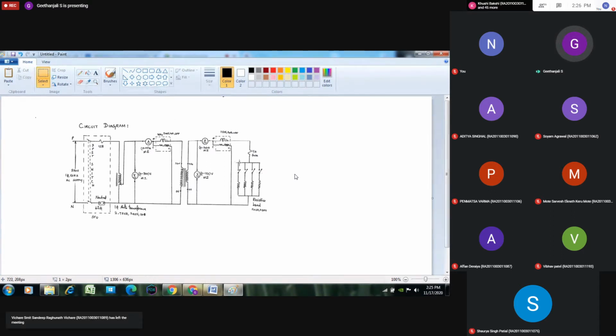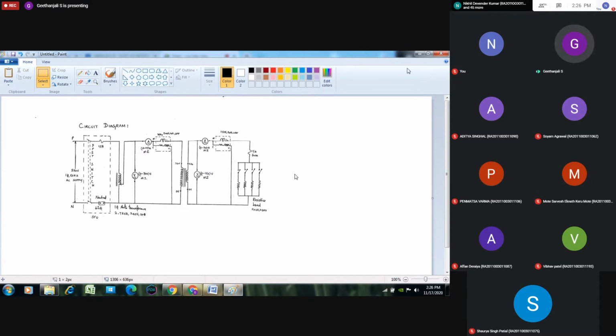Then you can increase these resistive loads by switching on the 4 switches. Gradually you need to increase the switches. When you close the switches, this resistive load will be added to the secondary side. In the sense, these loads will be using the electrical energy which is available on the secondary side of the transformer. This is the resistive load. This is a 15 ampere fuse. It is used to give protection for this resistive load.